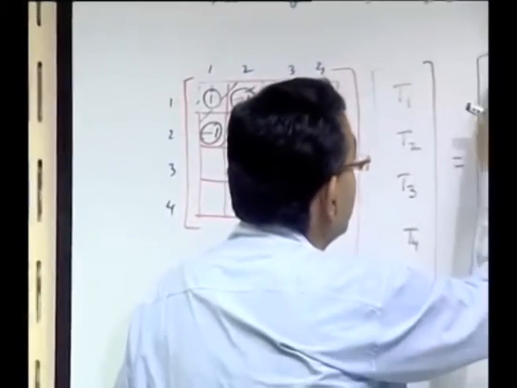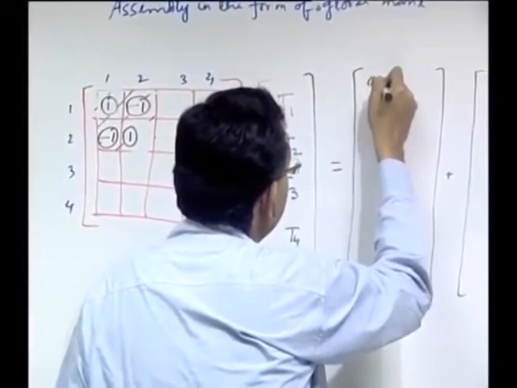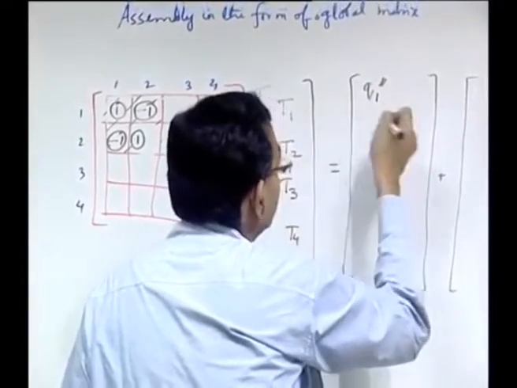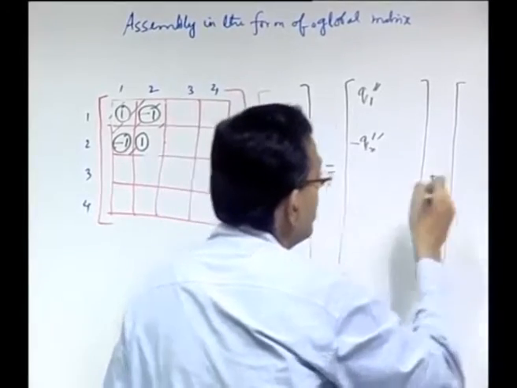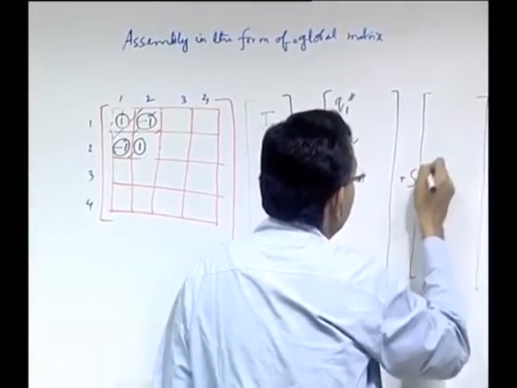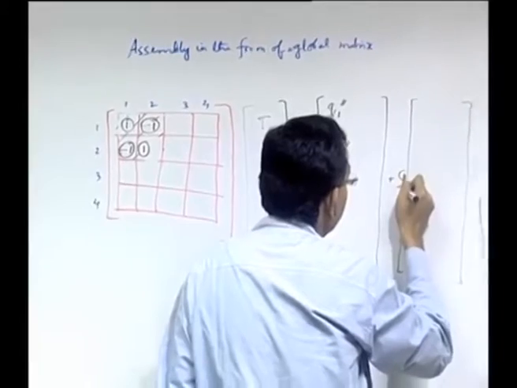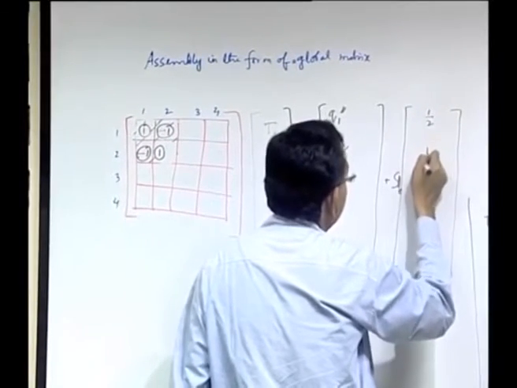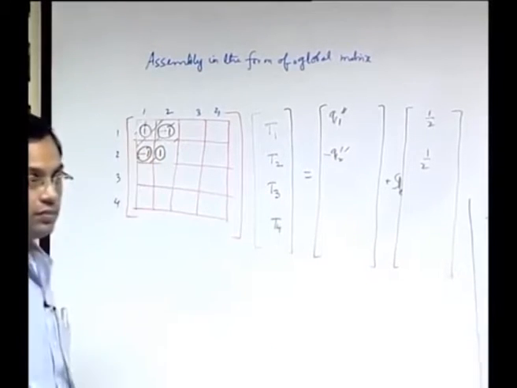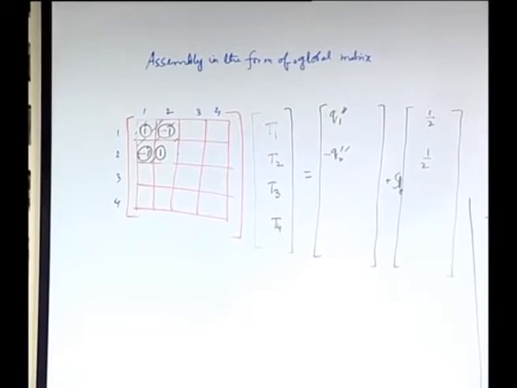Right hand side, this is Q1, then this is minus Q2, then this is S LE, this is half and this is half. Okay. Then for the next element